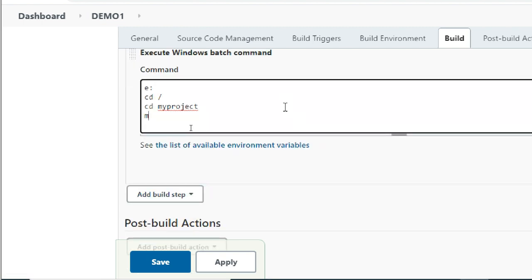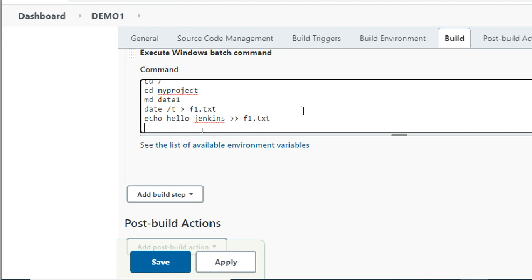Then now tell me the commands. md data1. Next, date slash t, date, greater than f1.txt. echo hello Jenkins, greater than greater than f1.txt. Very good.